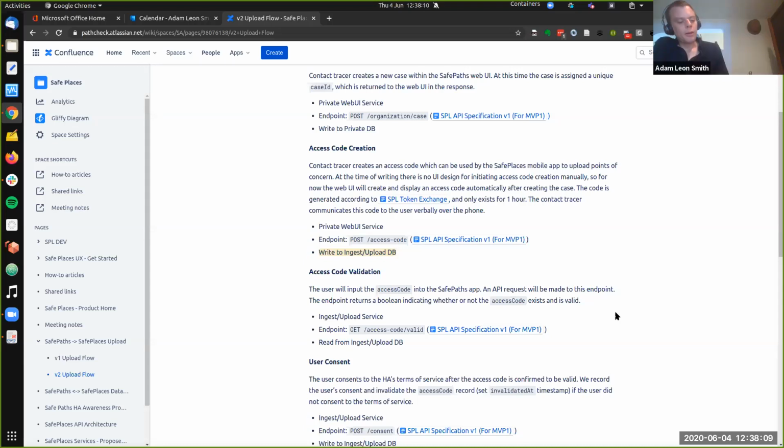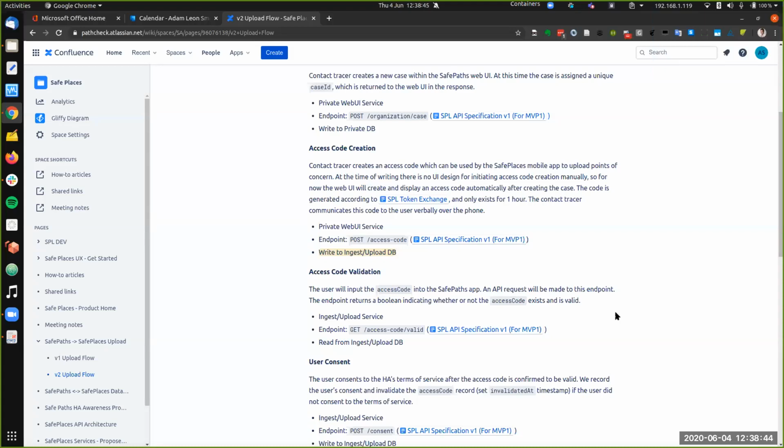I think it would be easier than that. A rogue HA employee, because we want to support people who don't have a mobile phone or didn't have it on them at a particular point in time, the contact tracer can manually enter longitude, latitude points of concern into the data. So they could theoretically, when talking to someone, add in an extra point without the person they were interviewing realizing that, for malicious purposes. That would be the easiest way for a rogue HA employee to enter bad data.